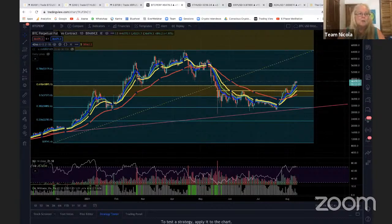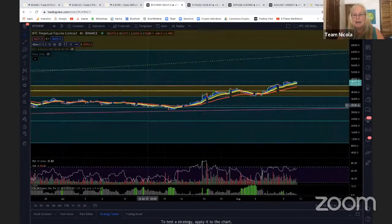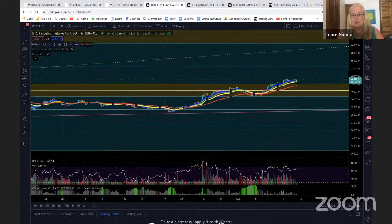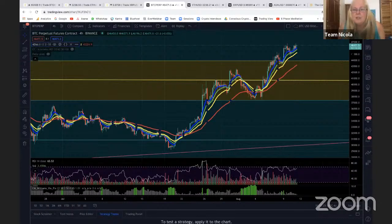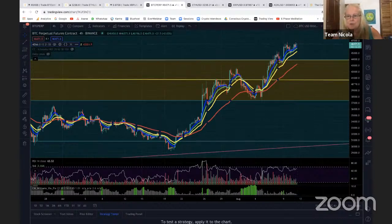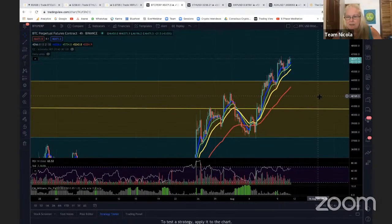So now you want to use the 4 hourly for your trades. Like, should I be putting in a short because we're going to get a really big dump? And you can see here that we've got blue, green, yellow, red, which is bullish. So we're still trading above it. And you can also see that this might be